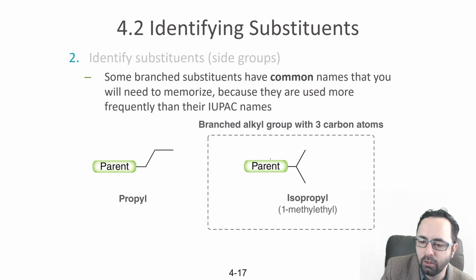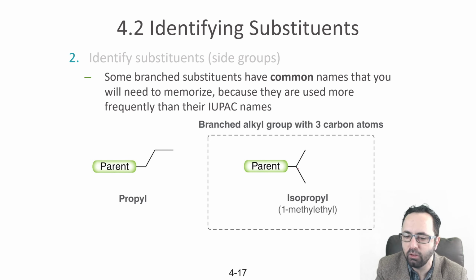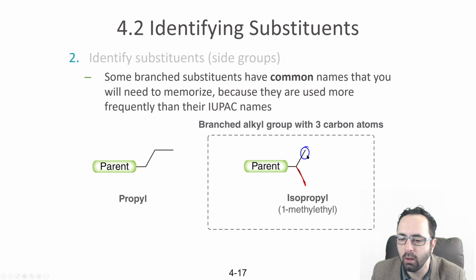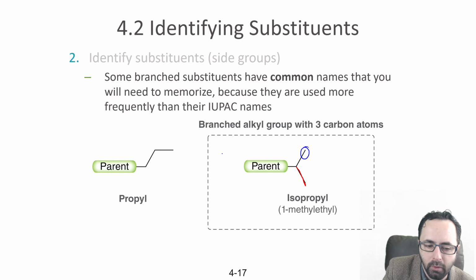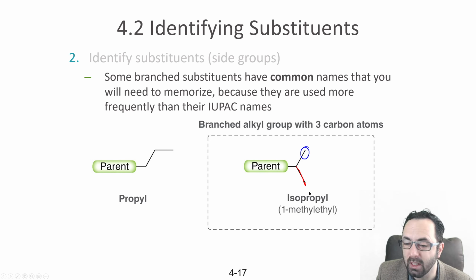So we would call this ethyl being the main chain here. So if the main chain is ethyl, 2 carbons, the branch would be this here. So we would call it methylethyl, specifically 1-methylethyl, because the methyl branches. But no one really ever calls it that. They call this isopropyl. And so isopropyl is going to be the preferred way to name this. And so that's going to be, unfortunately, a name that you will have to memorize.